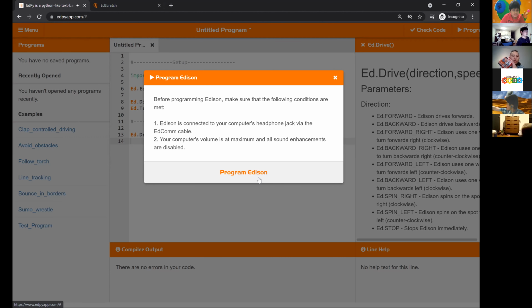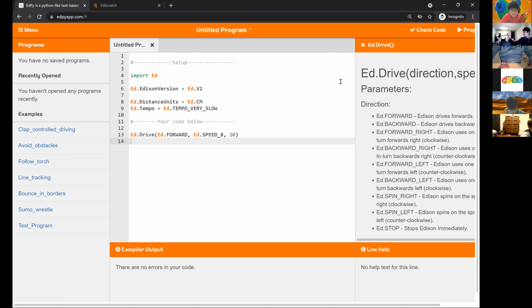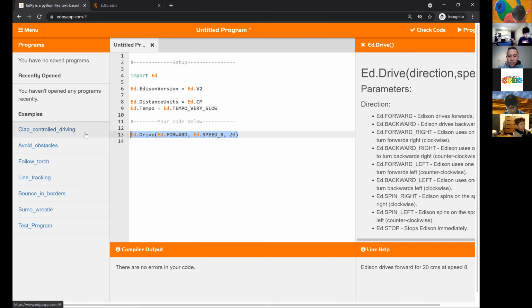It will take longer because it's Python to program. And then it will drive forward for 20 centimeters. Precisely that. So I'll let you try to type it out. If you're having issues, I'm just going to copy and paste the code here in the chat.